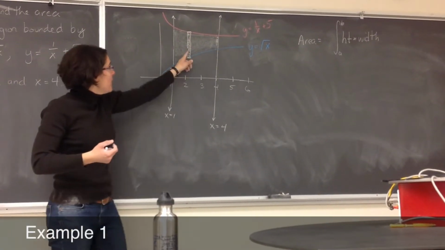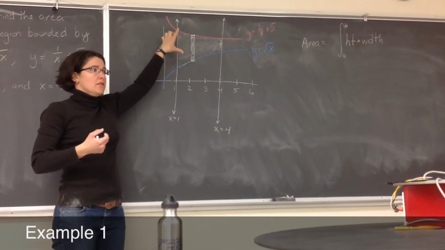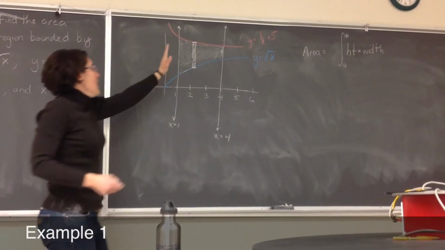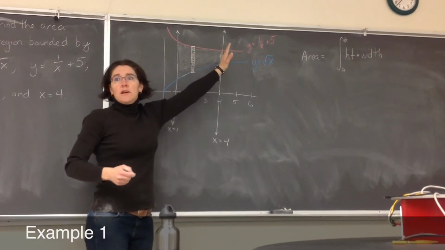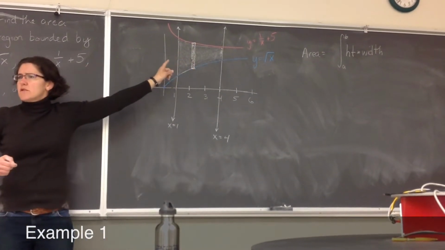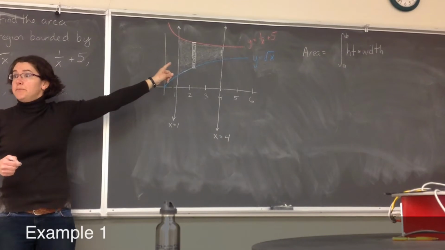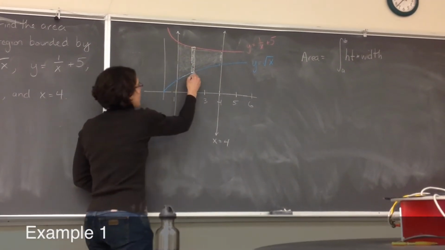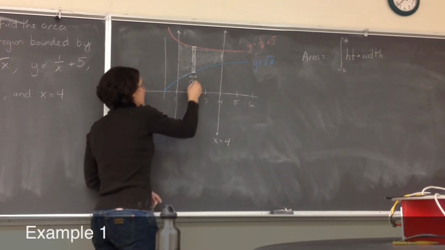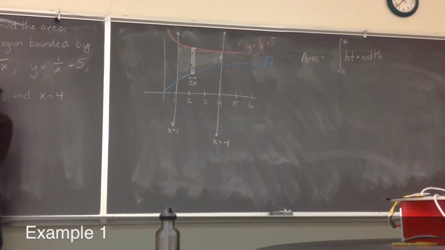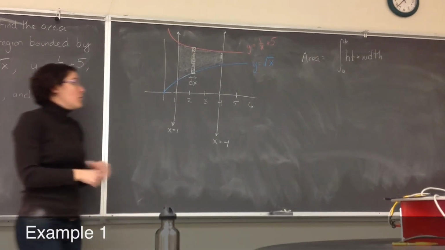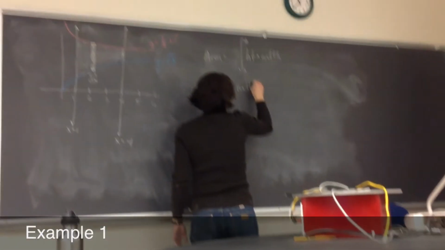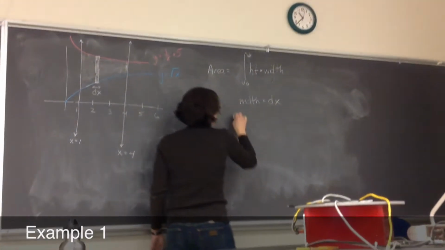Okay? So I want to focus on one little shape that I'm going to be working with. So again, I do want to imagine rectangles broken up all the way along here, but I'm going to draw just one generic rectangle that I'm going to analyze. Okay, so that rectangle that I have here, the width of my rectangle is a little bit of the x direction. It's a change in x, and so my width will be dx. And my height,